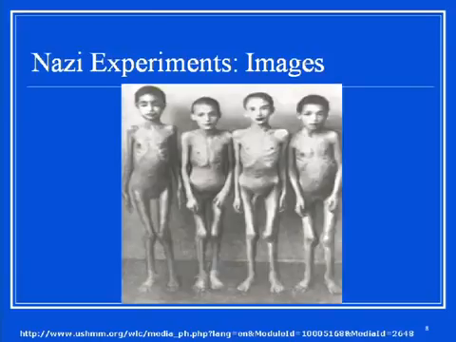And this image highlights the fact that these experiments were also conducted on children. I don't know if you are familiar with the Angel of Death, Josef Mengele, I believe is how you pronounce his name. Basically, he conducted experiments. He preferred twins. He would do things like see if he could change the eye color of one twin by injecting chemicals, and he tried to see the result of amputations and shock treatments. A lot of other inhumane experiments were conducted on these children.